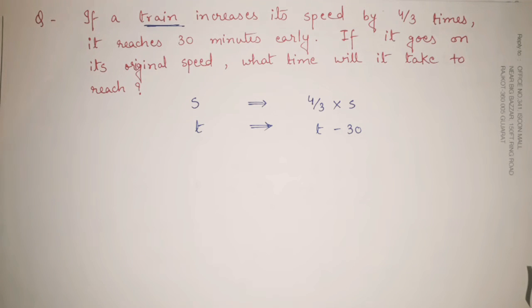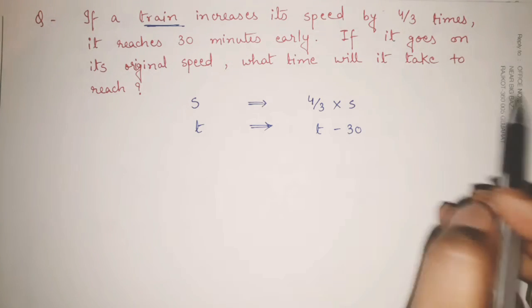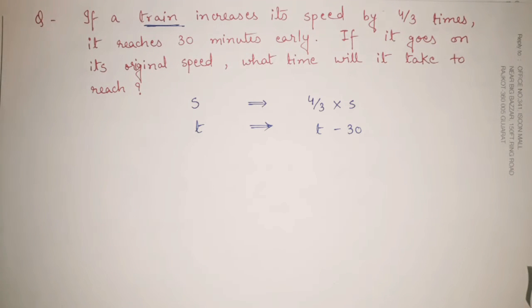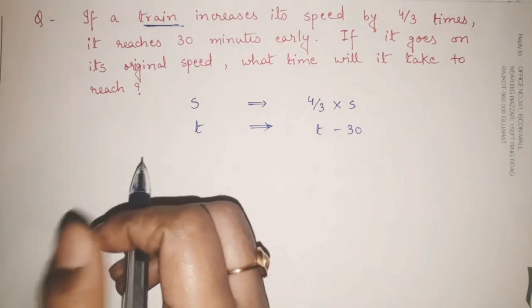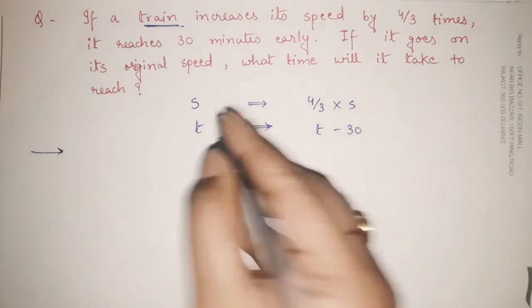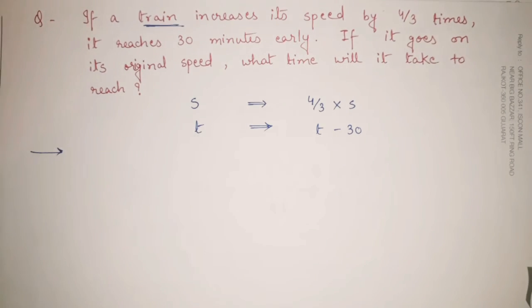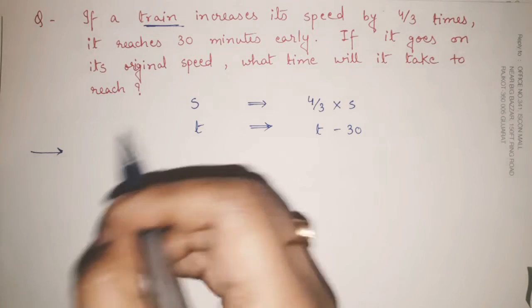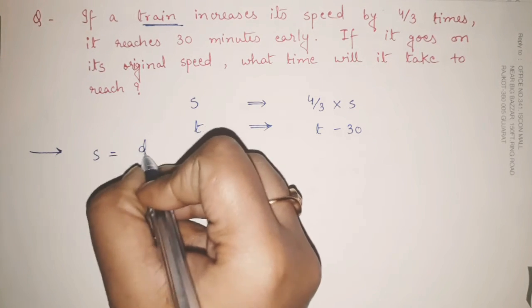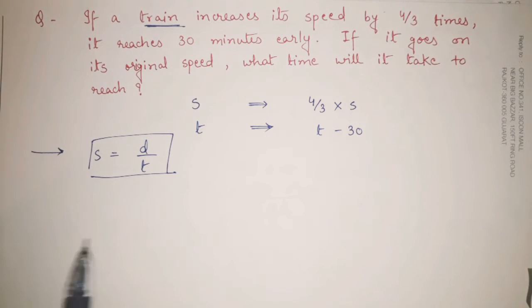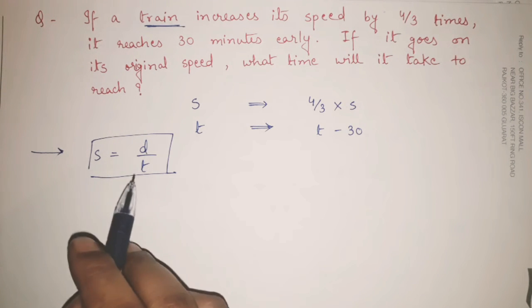These types of questions are also frequently asked, but they are very easy to solve. So how to proceed in such questions? Whenever you are having any of speed or distance or time, like here we are having speed and time, we know the relation between them is speed is equal to distance upon time. This is one standardized formula that we are learning from school time.